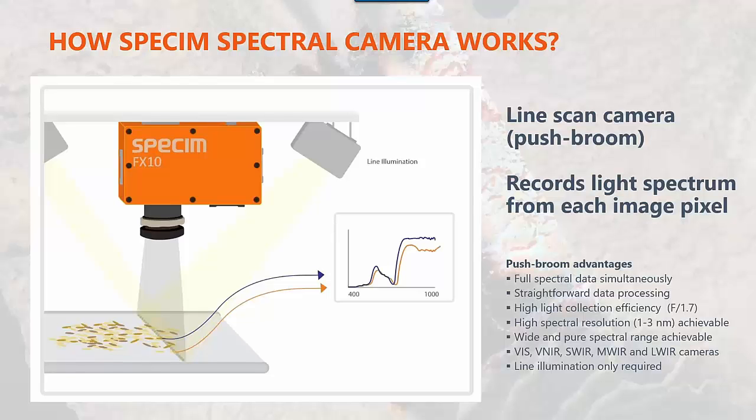So it means that either the target is moving under the camera, as you can see in this illustration in the slide. This is a laboratory setup where we have artificial line illumination and some samples moving under the camera. Another type of setup is, for example, a drone-based AFX system where the drone and the camera is moving above the target. And then, of course, we're using natural illumination, which is solar illumination.